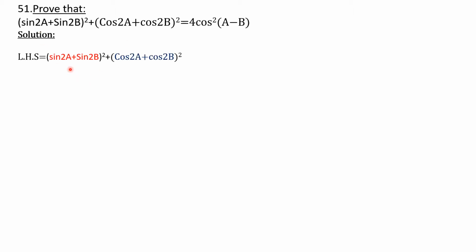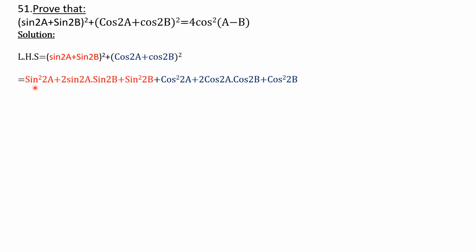So you can check over here. We have it in the form of (a plus b) whole square, here also (a plus b) whole square. So we know the formula for (a plus b) whole square. It is a square plus 2ab plus b square. I hope you know. So applying this formula, we will get this line. Please take your time to go through it. Thereafter, we will do some arrangement.